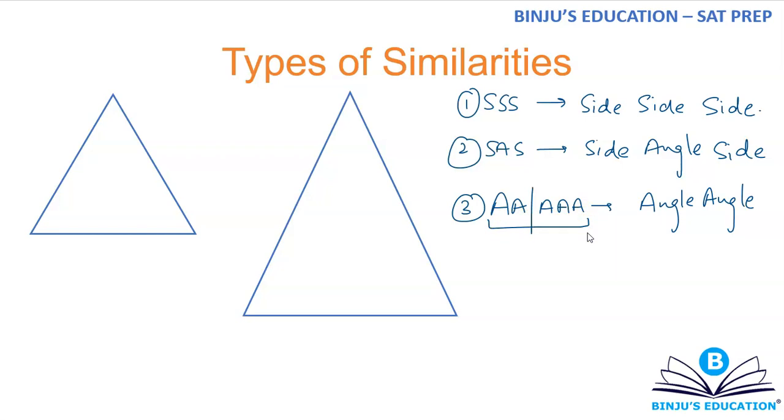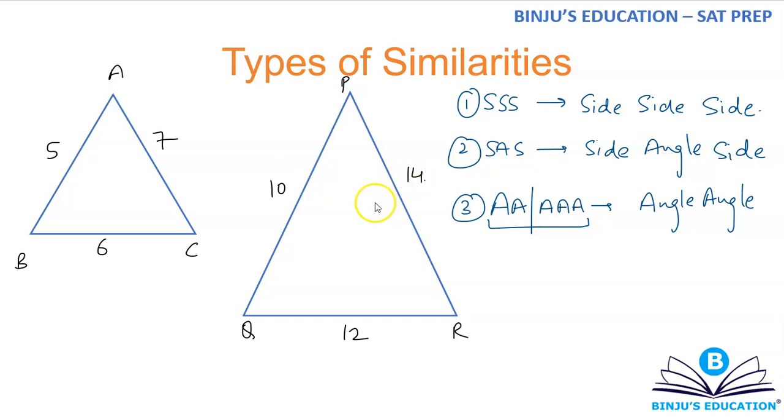Now what exactly it is? If you say that the two triangles are similar using side similarity, so that basically means the three sides of first triangle are in the same ratio or are in the same proportion with three sides of the second triangle. What do I mean by that? Let's say I have this triangle ABC having sides 5, 6 and 7, and I have this another triangle PQR having sides 10, 12 and 40.